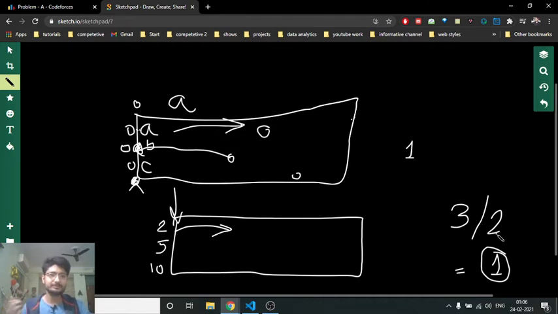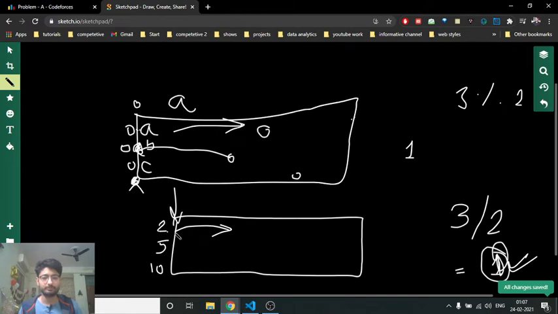Now how much time will this person take to come back? If you find out the remainder, 3 mod 2, that will give you how much time this person will take to come back to the starting point. We can do the same thing for this person also, but maybe this person is somewhere in the middle. So as you can see, this is 5. If I do 3 mod 5, because this person comes after 3 seconds, or if I do 3 divided by 5, it tells that this person has not done even a single round.